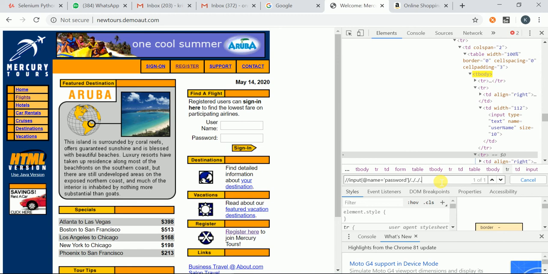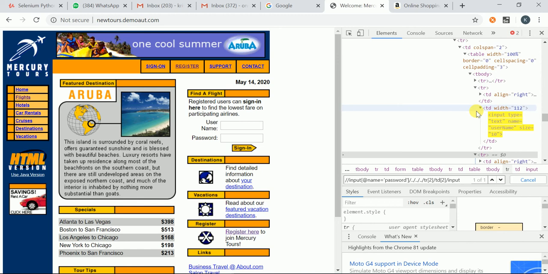Now I need to traverse to this first tr, which is tr of 2, and in this I need to traverse to td of 2 slash input. You got my point? See, I did not use any of the attributes of the username.